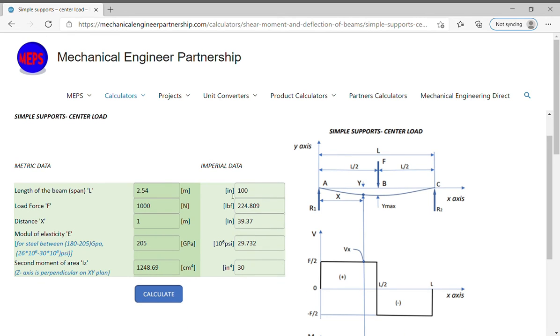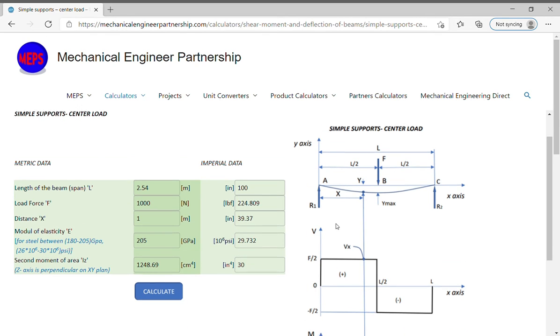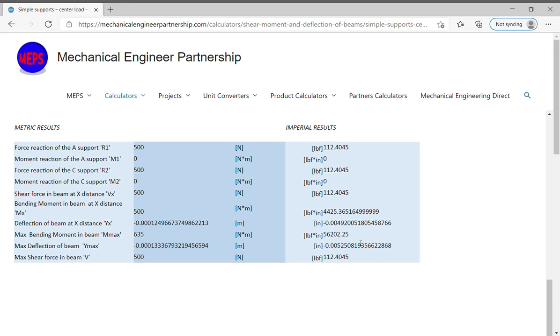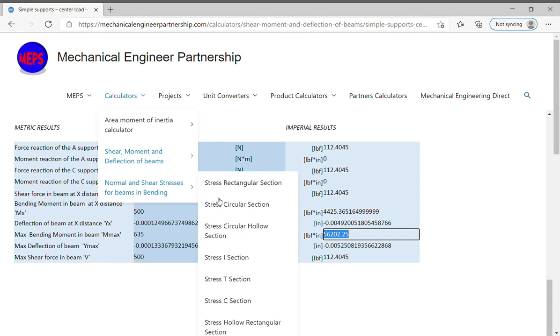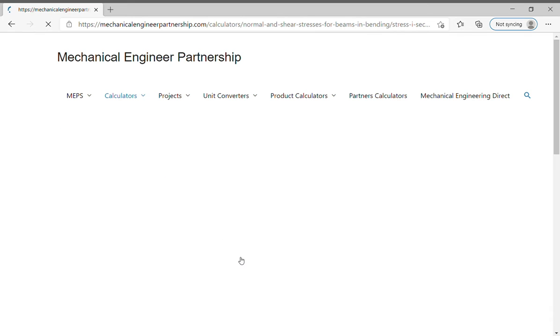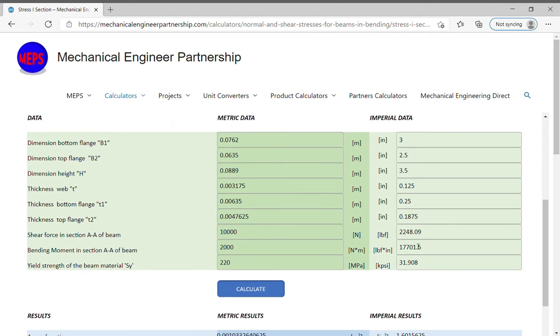Consider the initial data in the data table, and look at the results in the blue table. In this particular case the shear force and bending moment are maximum in the middle of the beam. If section AA is the middle of the beam, copy these values, and return to calculators, normal and shear stresses of beams, I section, and paste the values in the corresponding cells,